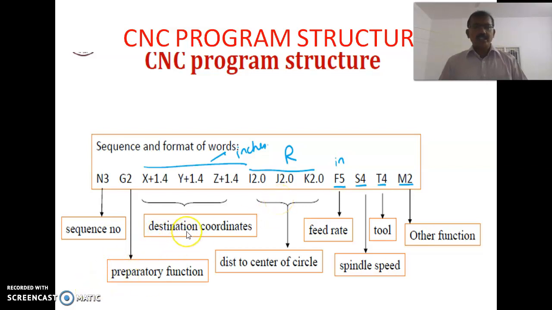Whereas in incremental positioning, if the G91 command is used, the tool moves to point A 10,10, and from point B 20,20, that is, only the incremental distance is used in this G91 command.